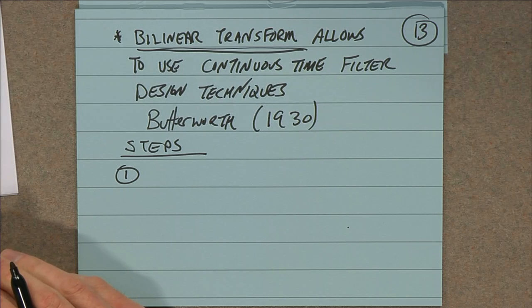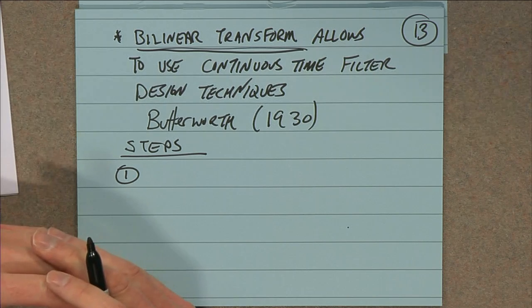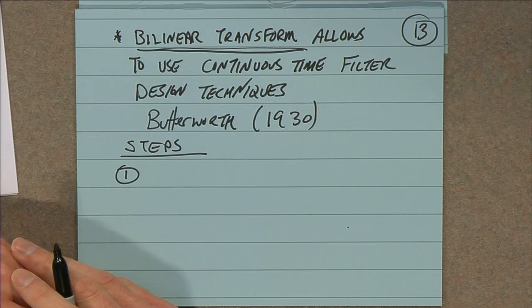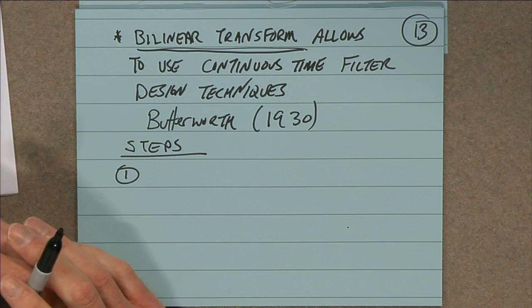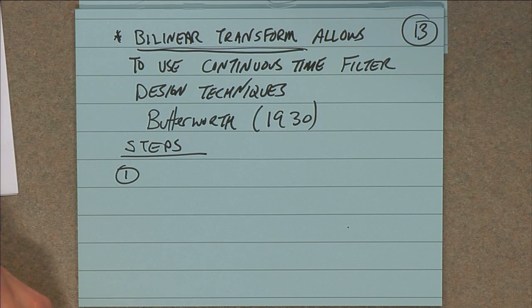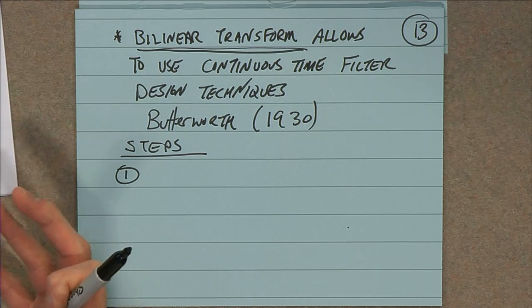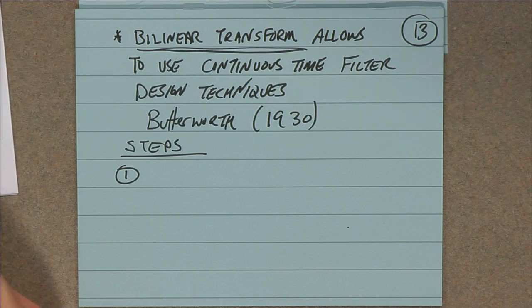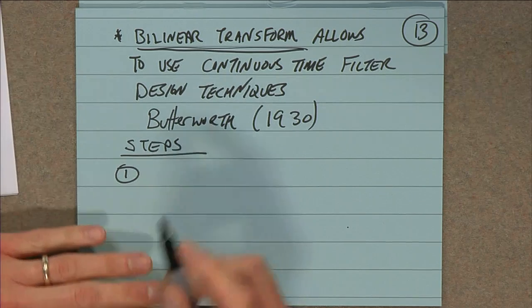So we're going to use the bilinear transform, but this is a discrete time filter class, so we're going to mostly talk about discrete time filtering. The filter specifications and requirements that you have in your hands are going to be in discrete time. That's the assumption. We're not talking about building an anti-aliasing filter out of capacitors and inductors. We're talking about, all right, I need to perhaps change the rate, so I need to downsample this, so I need to low-pass filter it. What are my requirements? So the first step